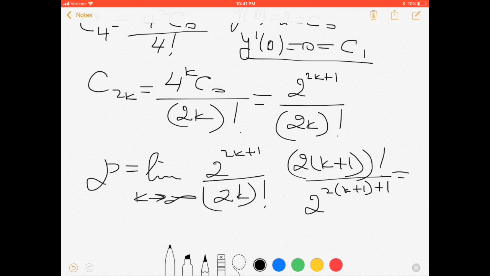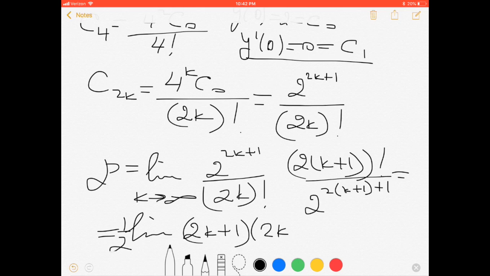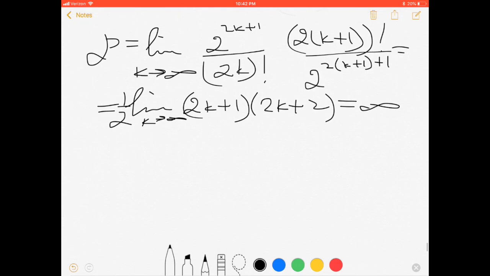You can easily see, or we continue. Okay, it will be 1/2. Here we have 2k plus 1 times 2k plus 2. If k approaches infinity, you have infinity. This means our series converges for any x, and our answer will be